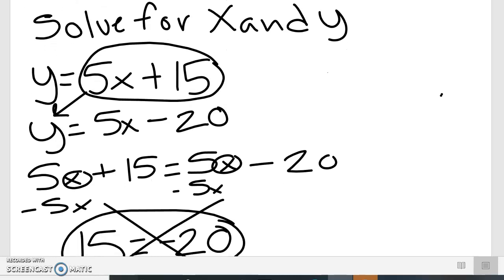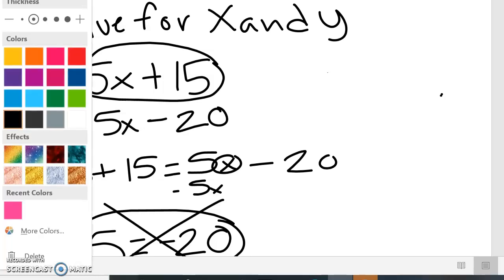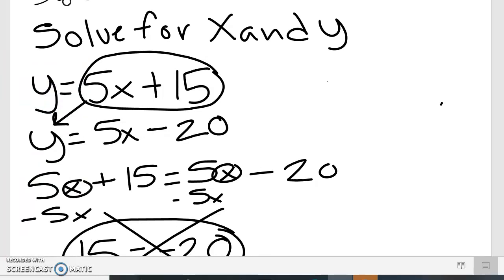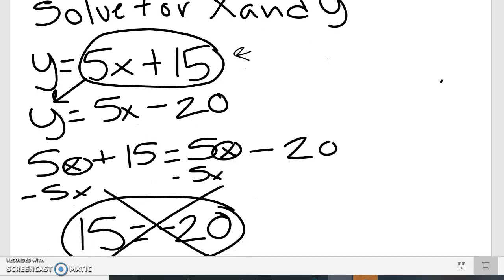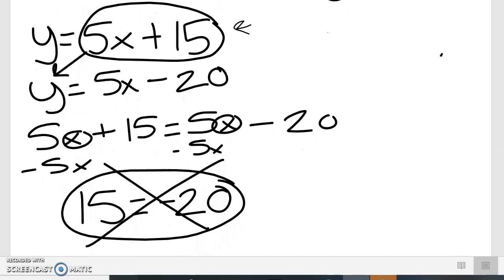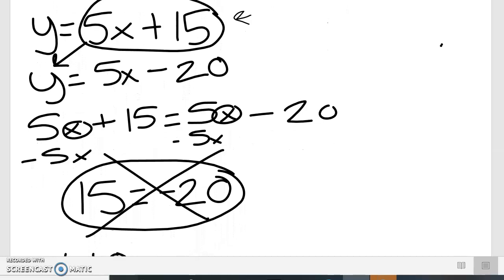So substitution comes in right here. You have this right here, we're going to bring it down for that y, basically substitute it in there, right there. And when you get this big one right here, right there,